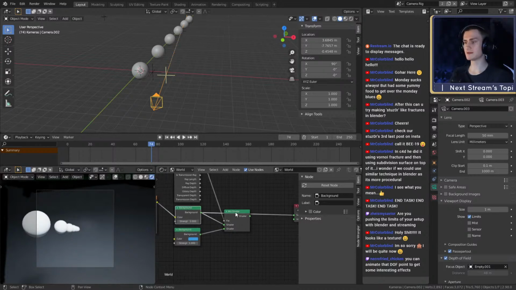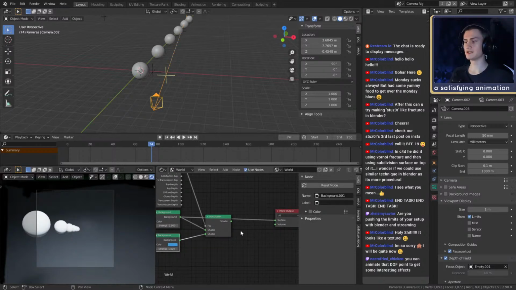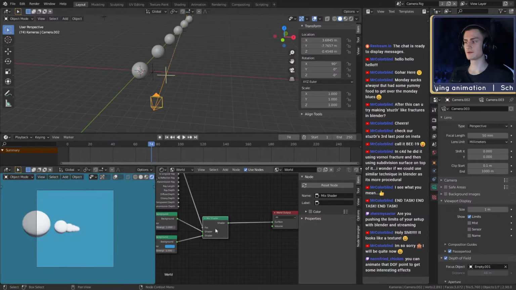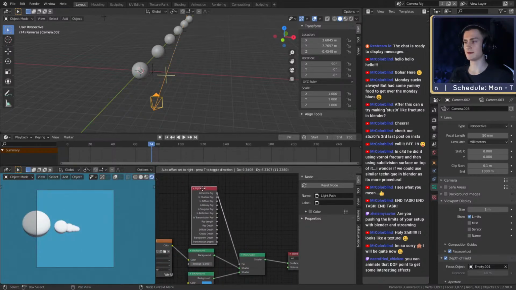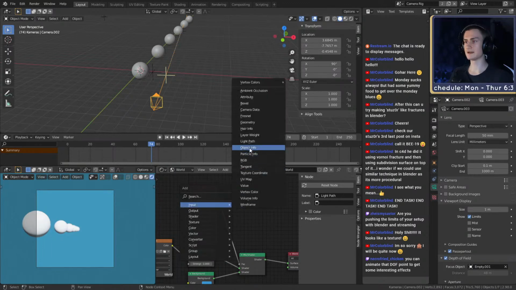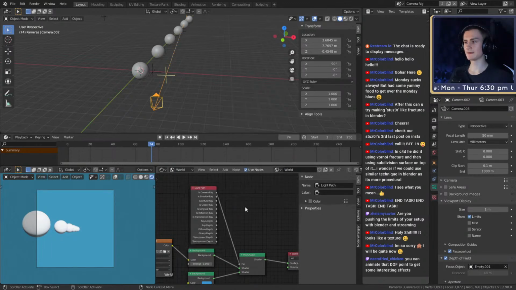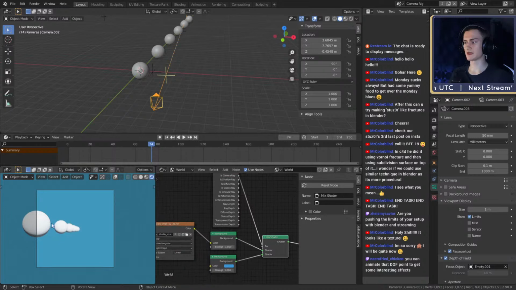I would just use this mix shader, plugging the lighting into the top socket and the actual background that you can see into the bottom shader socket, connecting both, putting that into the world output, and then adding an input light path node using the camera ray option in the factor. You can have a different background than what is actually lighting the scene.